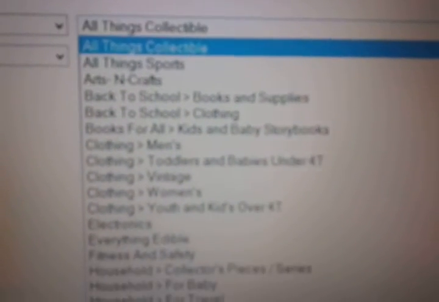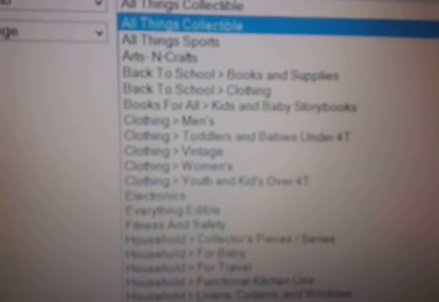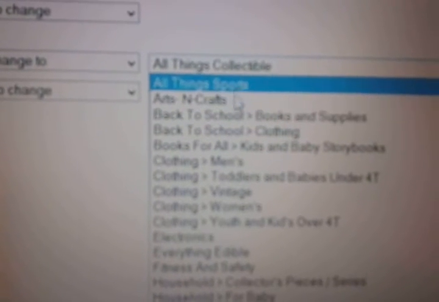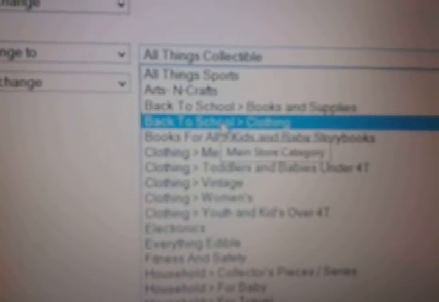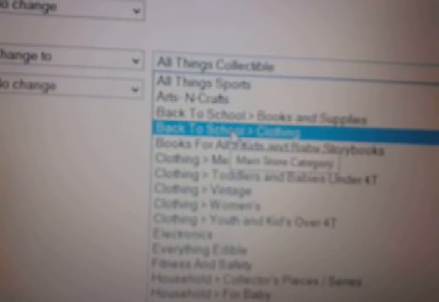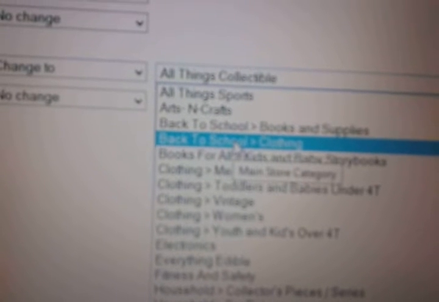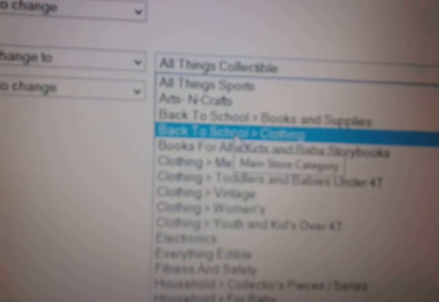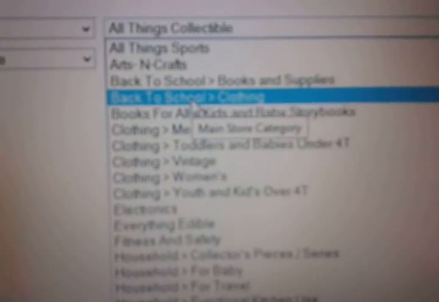Now since mine are in alphabetical order, that's the one that happens to pop up because it's at the top of the list. But if I click here, it's going to bring up a list of all of my store categories. And I'm going to scroll down until I see my back to school items. Now I want to keep these listed after back to school sales and everything in. So I'm just going to go ahead and put them in back to school clothing